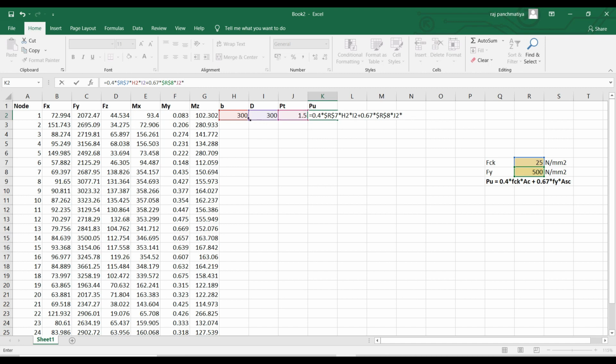So 1.5 multiplied by again 300 by 300, and since this 1.5 value is in percentage, we will divide it by 100 to convert it into decimal value, and this overall value will come out to be in Newton. So let's convert it into kilonewton by multiplying it by 10 to the power of minus 3,